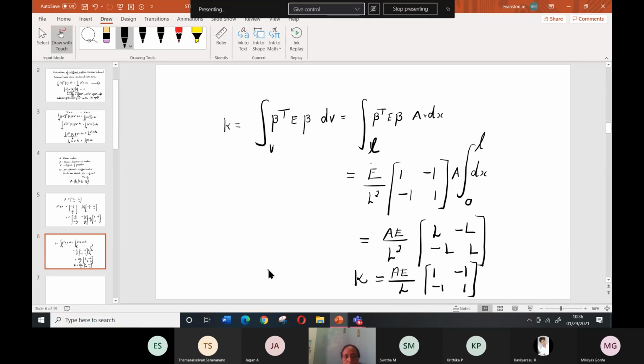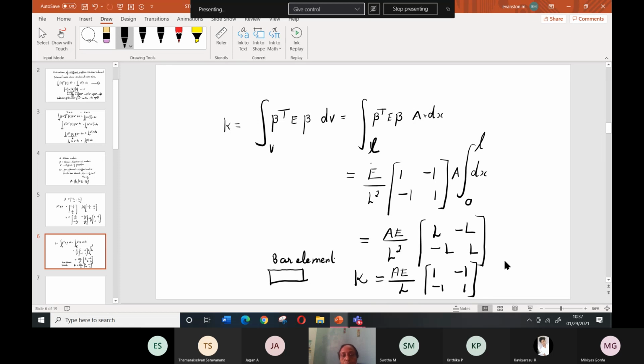So for the bar element, K is equal to AE by L [1 -1; -1 1]. So this is the stiffness matrix. So similarly, you can go for the